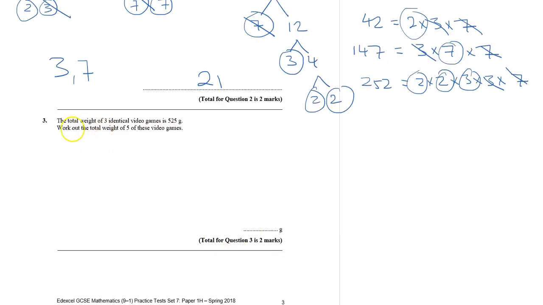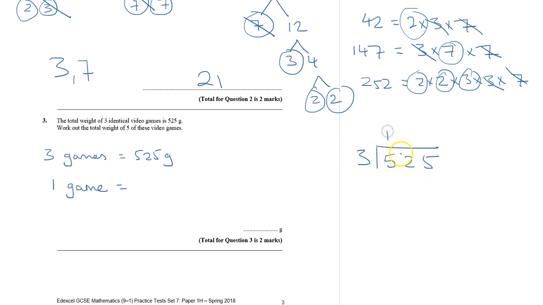So for question number 3, we've got the total weight of 3 identical video games is 525 grams. It says work out the weight of 5 of them. So this is all about proportion. So 3 games are 525 grams. We need to work out how much 1 game weighs. So we could do that by doing 525 divided by 3. So 3 goes into 5 once, remainder 2, 7, remainder 1, 5. So each game is